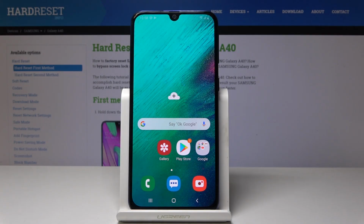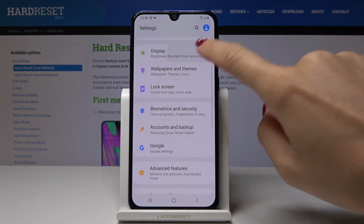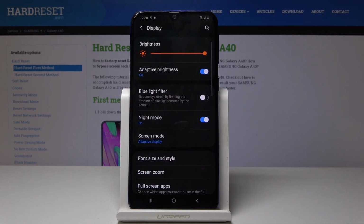Here I've got Samsung Galaxy A40 and let me show you how to enable night mode on the following device. So at first, open list of all applications, then find and select the settings. Here you should pick display. And now, here is the night mode icon, so simply tap on this switcher and then the darker dim will